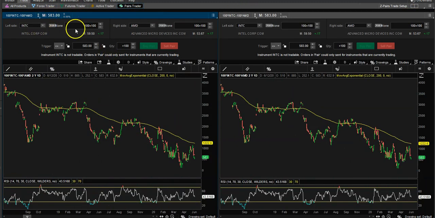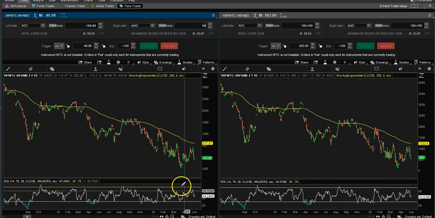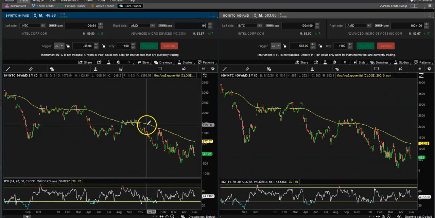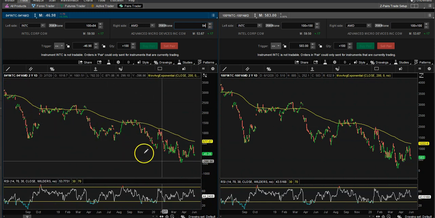So we come over here, Intel. Okay, we're going to get long 84 shares, and AMD, we're actually going to get short 94 shares. Okay, and as you can see right now, we are in a downtrend. Okay, and the current prices, this is kind of what we're looking at. It's actually this number right here, which is minus